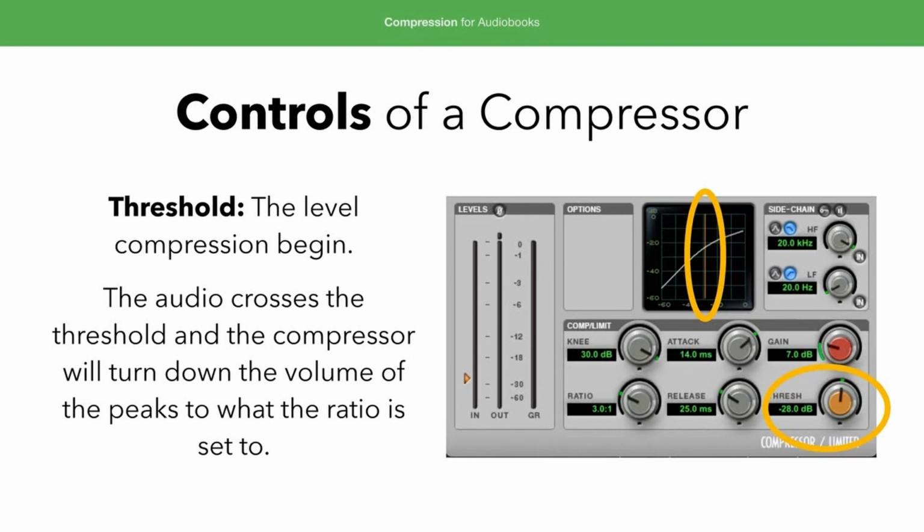So with the threshold, this is the level that compression begins. As soon as your signal crosses the threshold, it says, "Hey, compressor, we need to start turning this down." So it will do that based on what the ratio is set to. So they kind of intermingle and play together. You set your ratio